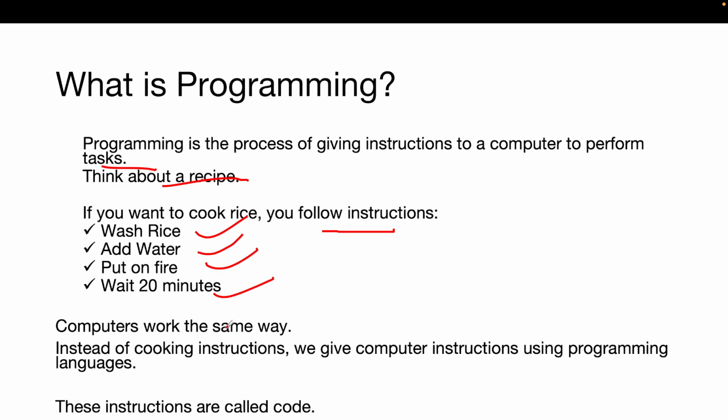Computers work the same way, but instead of cooking instructions, we give instructions using what we call programming languages. Programming languages allow us to instruct the computer to perform the task that we want it to do. The instructions that we give to the computer are what we call code. Most times you hear somebody say, "I am coding," meaning I am giving instructions to the computer to perform